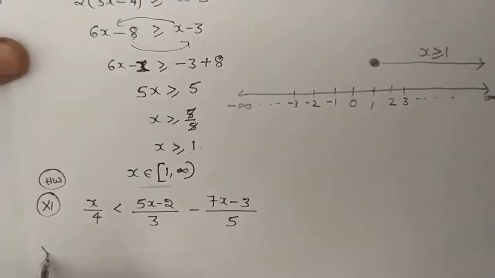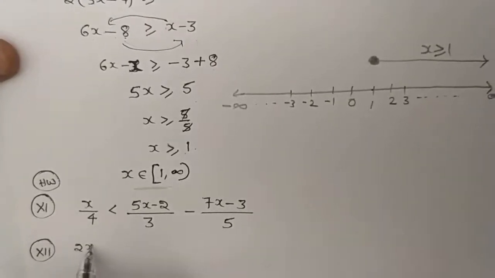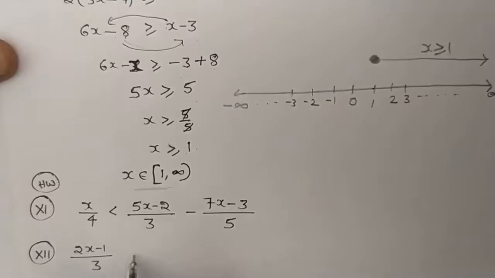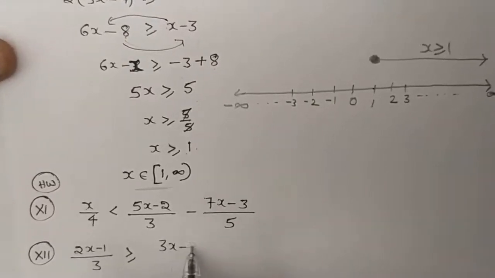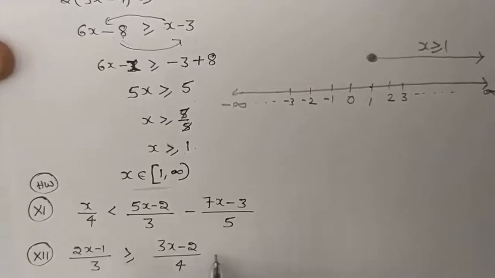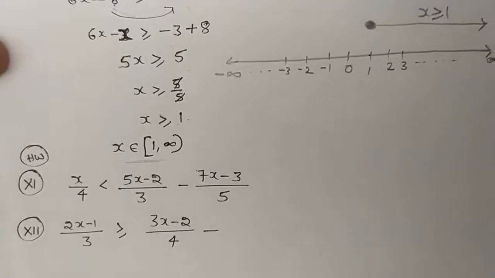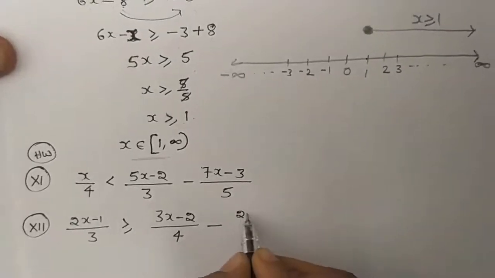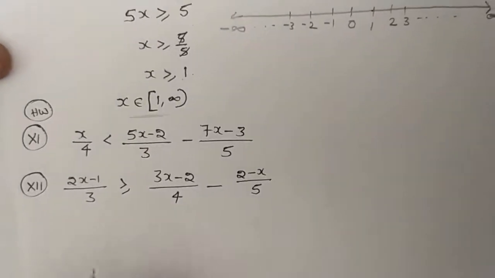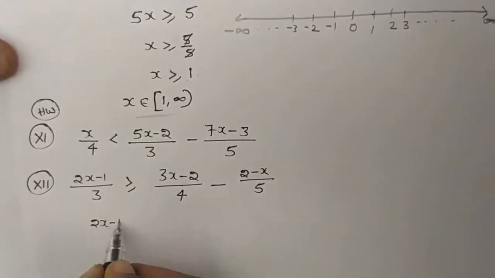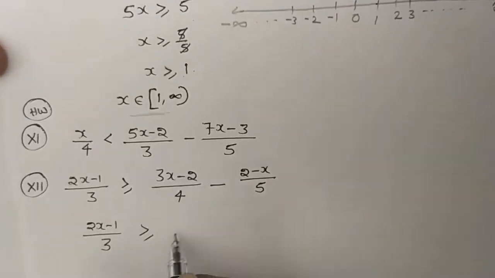Next, one more question. 12th question: (2x minus 1) divided by 3 is greater than or equal to (3x minus 2) by 4 minus (2 minus x) divided by 5. Now (2x minus 1) divided by 3, you just keep it as it is, greater than or equal to...